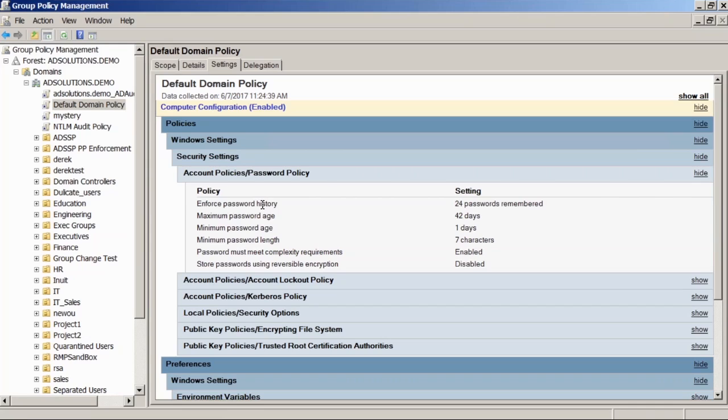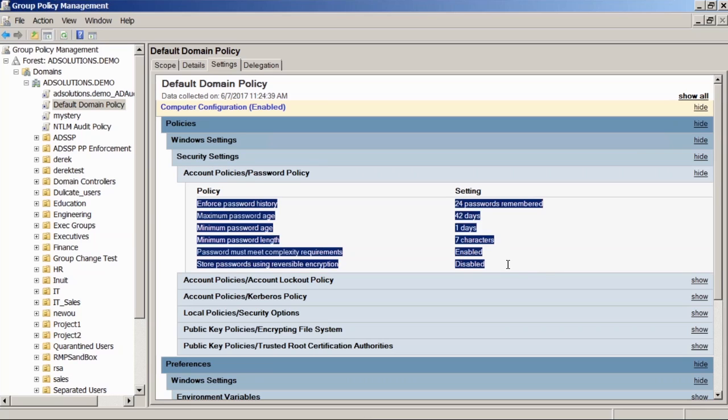So with limitations like not being able to import a dictionary, with limitations like not being able to use patterns, with limitations of this complexity requiring 3 of the 4 character types, most users don't use special characters. Well, guess what? We should force special characters. So what we have done is we have taken whatever you have in place, whether it be the password policy